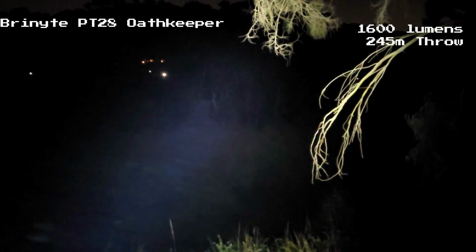The light has a nice even flood, and there's not much of a hotspot to it, but it's definitely well suited for this kind of range. Despite the fact that it has the lowest output of the lights, it still does perform quite well at this distance. Next, we have the Brinyte PT28, which has a 1600 lumen turbo output and a max throw distance of